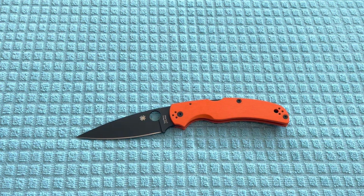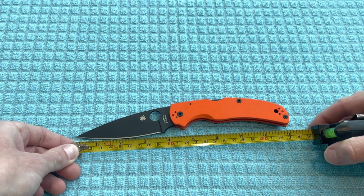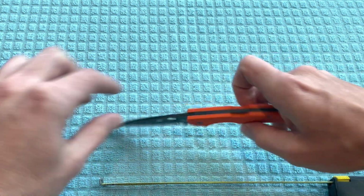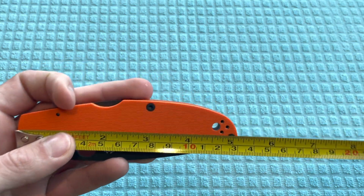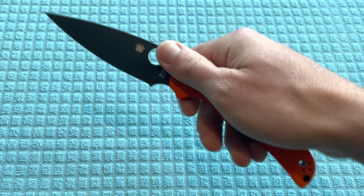But man, I'm going to go over the specs real quick. Overall length is going to be 9.1 inches, so definitely a pretty large knife. Blade length is going to be 4.1 inches, and then a handle length of just over 5 inches. It's going to come in right at about 5.08. Again, with this amazing